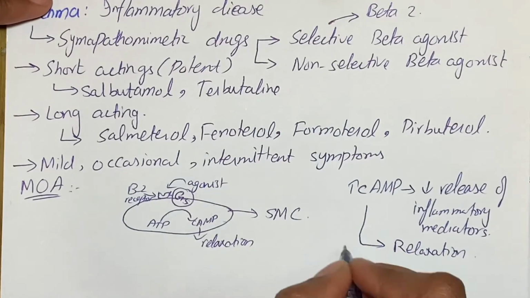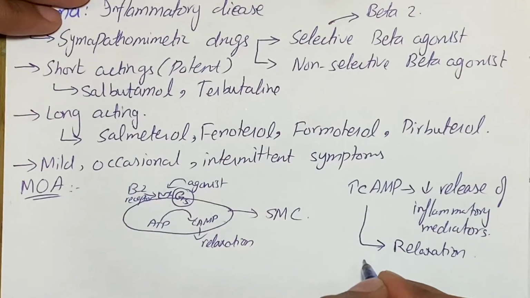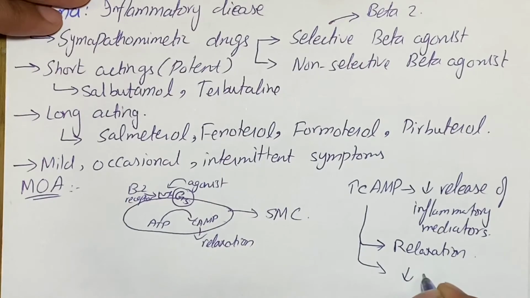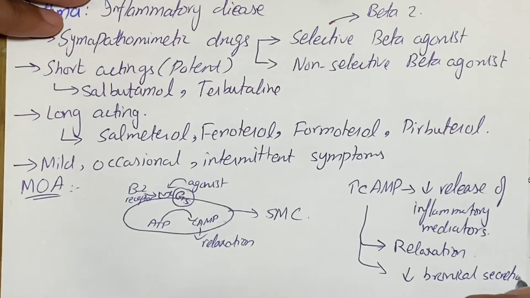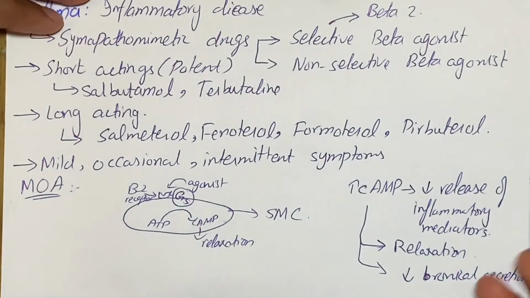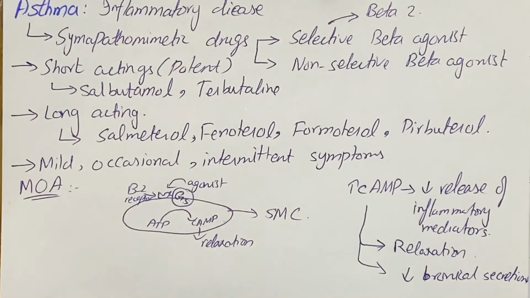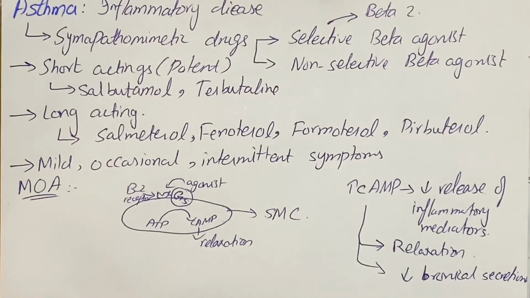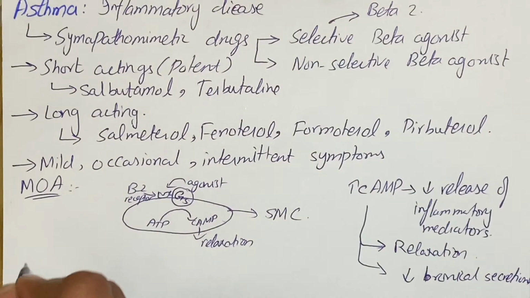So the third point is this increase in cyclic AMP also cause decrease in secretions. In this way, it also helps the treatment of patient having asthma. So these are the three factors which are required for the treatment of patient having asthma. And all of these are being achieved because of increased level of cyclic AMP. So now if we talk specifically about short-acting selective beta agonists, so these are the agents which are given in inhalation route, and they are fast-acting bronchodilator